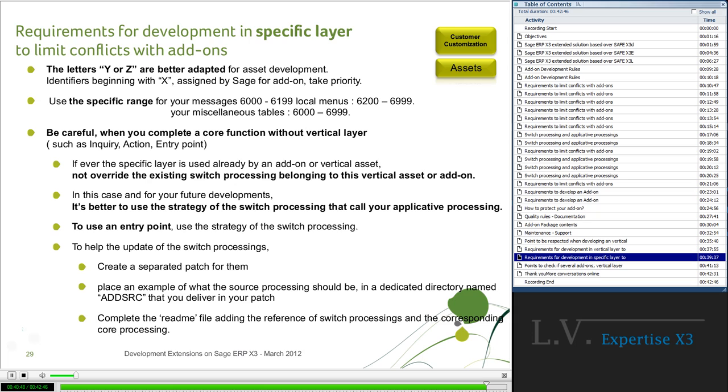To use an entry point, also use the strategy of the switch processing. And to help the update of the switch processing, create a separate patch for them and place all the indications on the main page, like the vertical layer or add-on.